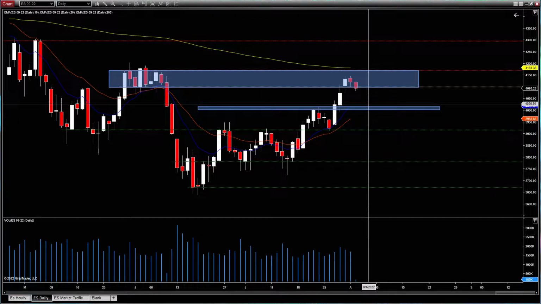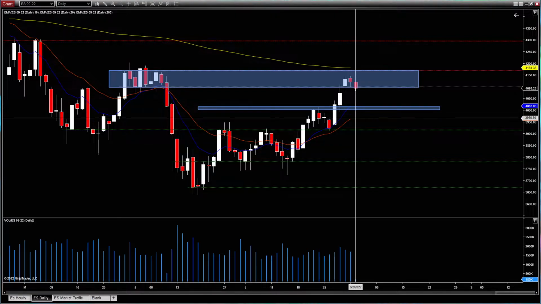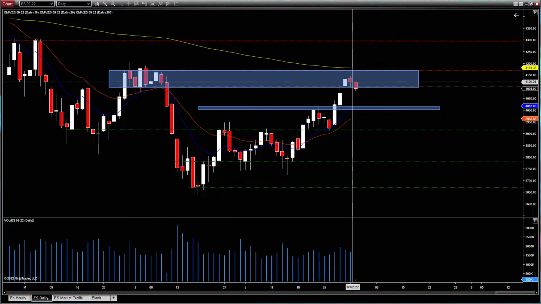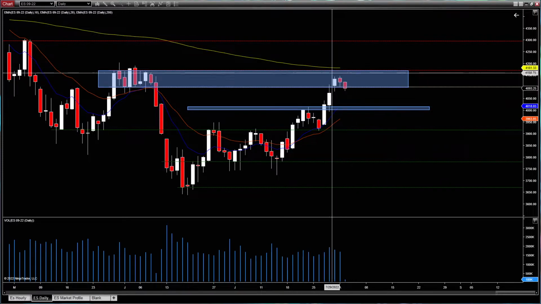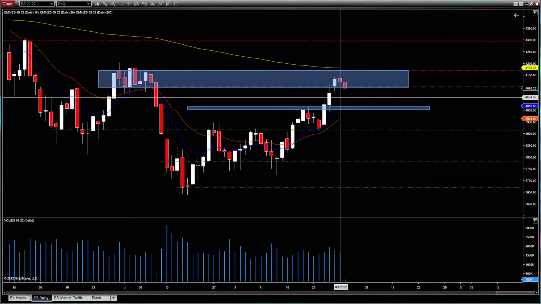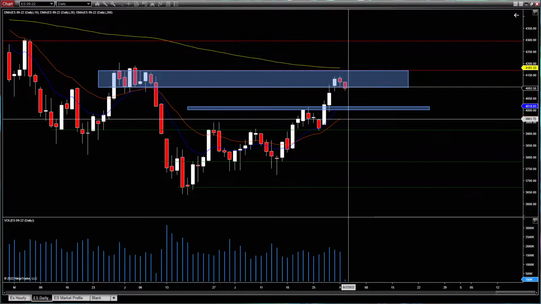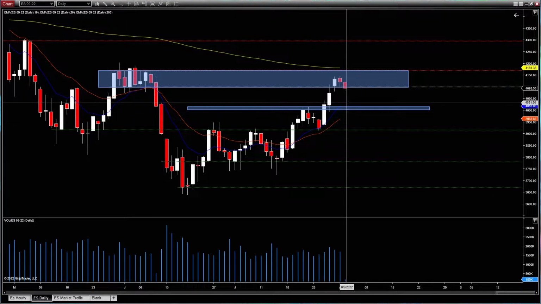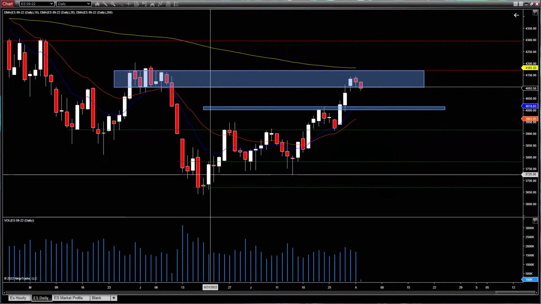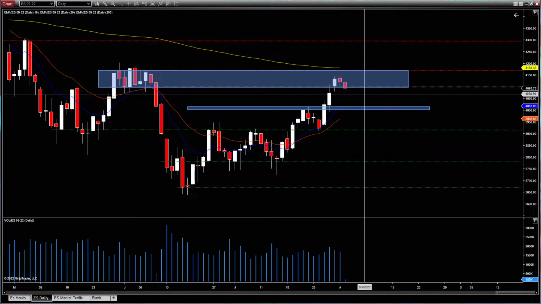Overall, my bias is bearish for today and going forward into this week. Obviously, with what we saw yesterday and what we're seeing today, it's looking like that's confirmed. Of course, we don't know yet. I'm going to be watching the 4080 level for a bounce or a fall right through. I low-key expect it just to fall right through. But that's about it on the daily. We're not looking at too much else.